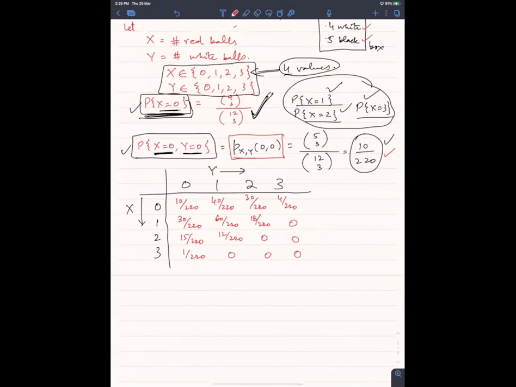ये क्यों 0 आ रहे हैं, अभी आपको बता भी देते हैं। ये इसलिए 0 आ रहे हैं कि हमने 3 बॉल्स पिक की हैं। प्रोबेबिलिटी पूछ रहे हैं कि प्रोबेबिलिटी y takes the value 2, ये जो मैंने ग्रीन किया है, this is probability y takes the value 2 and x takes the value 2. Obviously बॉल्स टोटल 3 पिक की हैं, तो ये तो हो नहीं सकता कि 2 रेड और 2 व्हाइट आ जाएं, ऑफ कोर्स। सिमिलरली ये बाकी सब जो प्रोबेबिलिटीज हैं, ये भी आपके पास 0 आ जाएंगी।